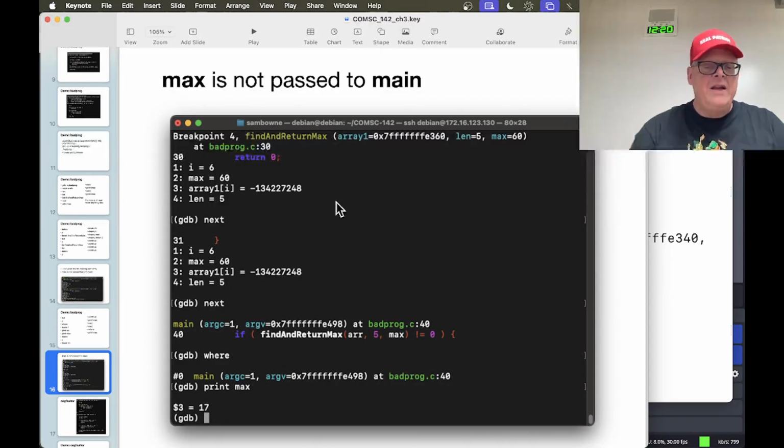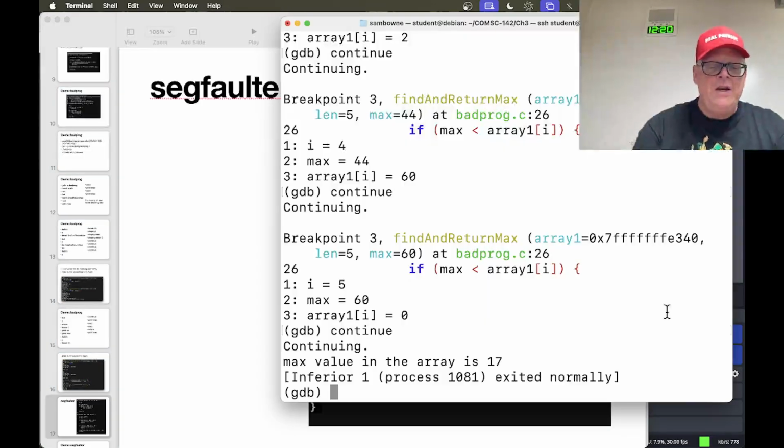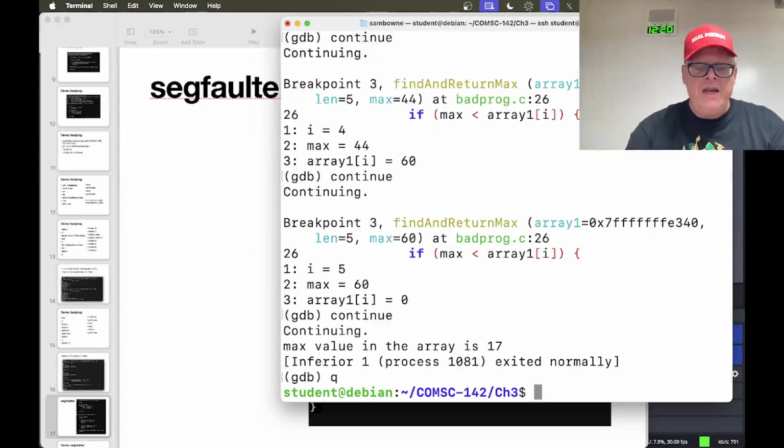Anyway, that's the point, max is not passed back to main. All right, so that's one simple case to examine. Another one is this segfaulter. If I cat